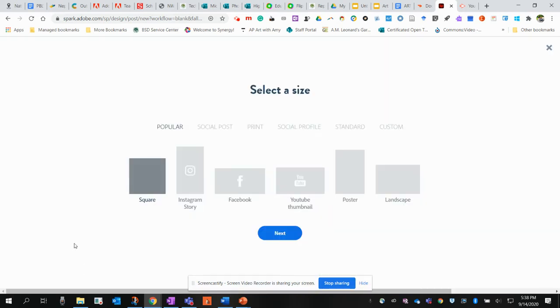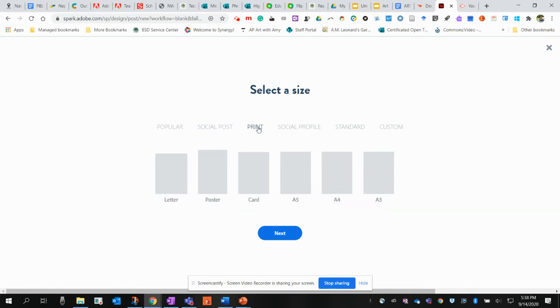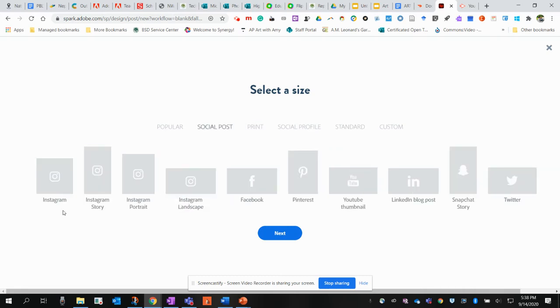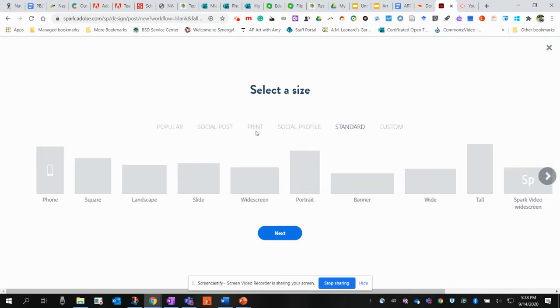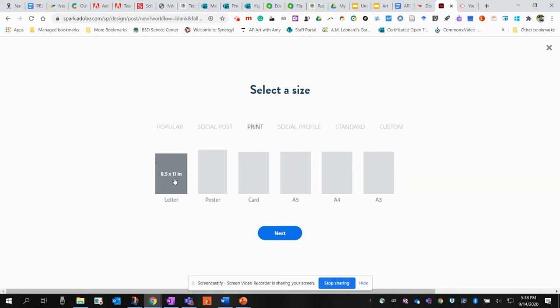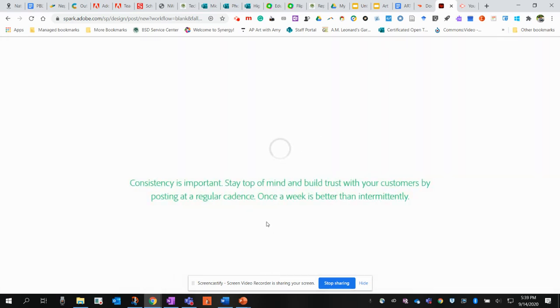So the first thing you want to do is select a size. Usually I go straight to print and I look at these sizes here. I often pick a letter because some of the things I make are going to be printed. If you make a social post like a Facebook or Instagram post, they're often quite small. But you can choose whatever you want because what you're going to be doing is digital anyway. But you choose what you'd like, remember. And then it's going to open up